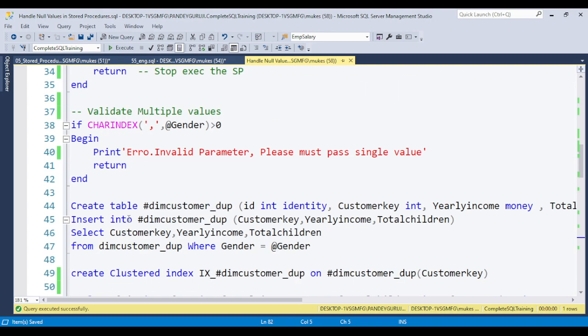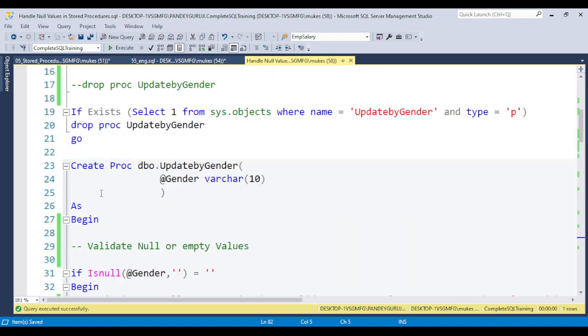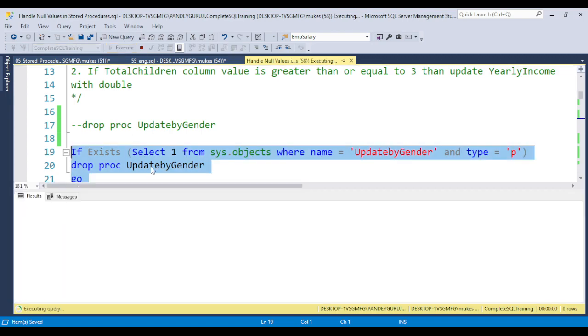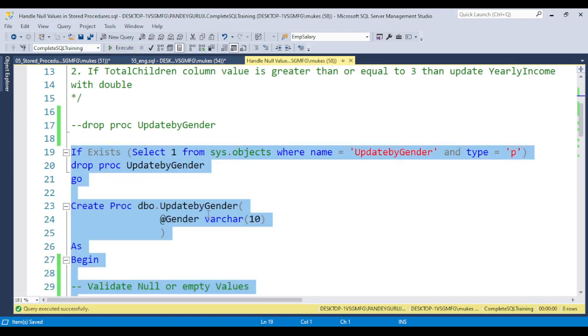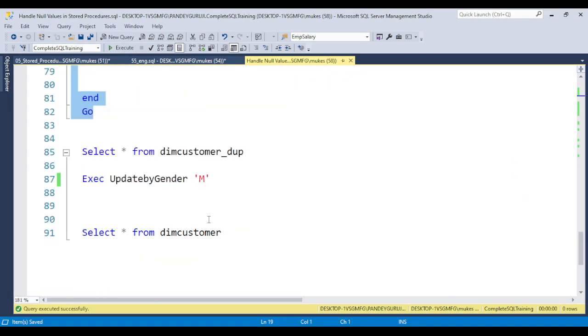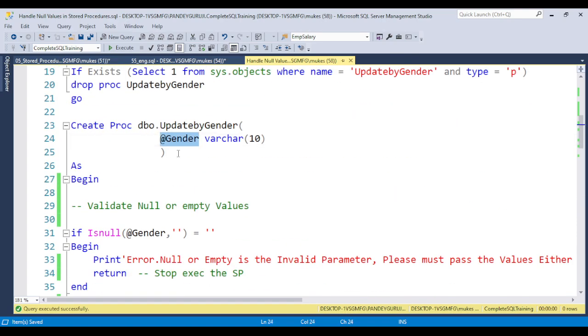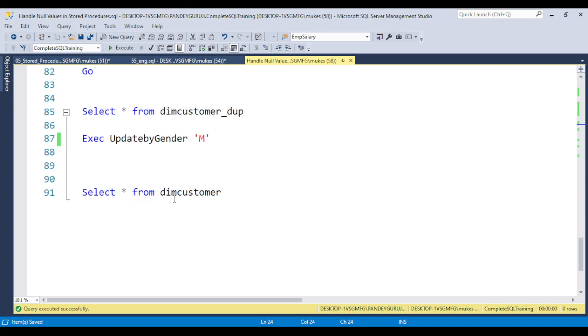Now if I create this stored procedure and execute it, the stored procedure is installed. Now if you execute it, suppose I pass the null value. Gender is the input parameter here, so let's put the execute in the proper format.